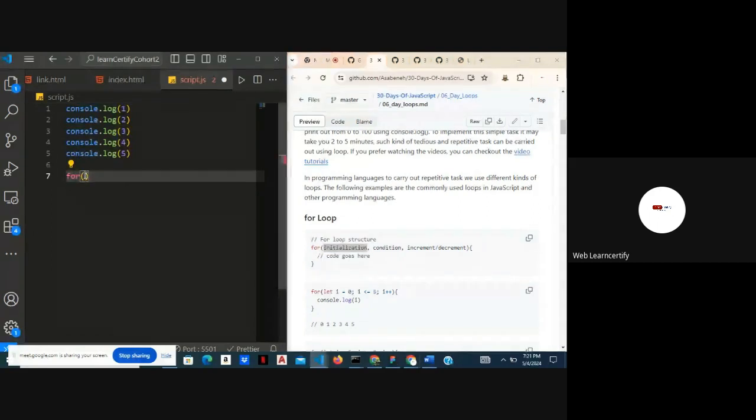Because the first alphabet of initialization is I, most codes you see that have to do with loops use the variable I. So here we can say let i be equal to 0, or for this case 1,